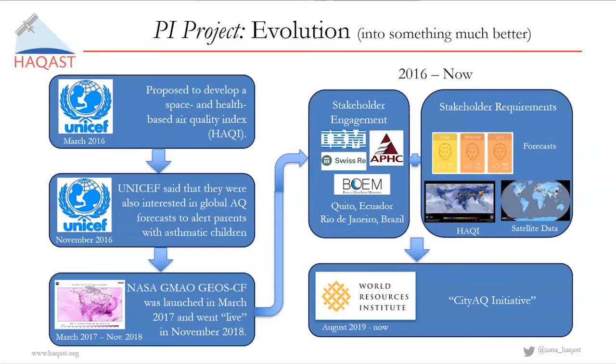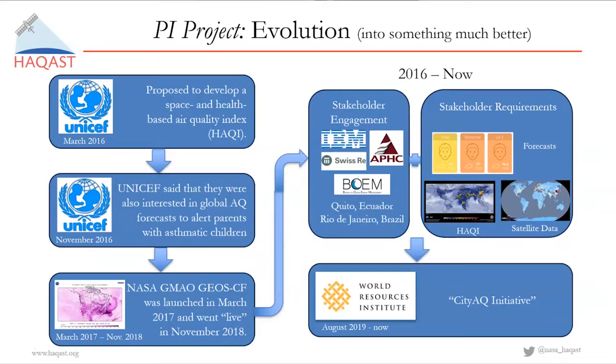Christoph Keller was the lead developer, and Emma Nolan was also one of the major players in the development of GEOS-CF, or these global air quality forecasts. In the meantime, while this was being developed, we began engaging stakeholders such as IBM, the Army Public Health Center, the Bureau of Ocean Energy Management, and two world cities, Quito and Rio de Janeiro. And we began a handshaking process, trying to get to know them. What did they actually need? And they had a rather diverse set of needs.